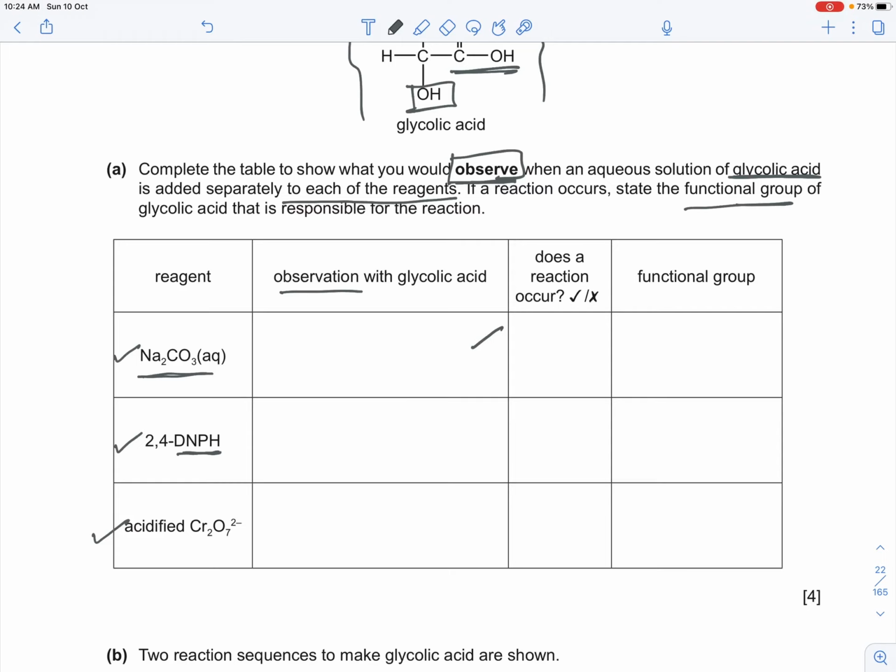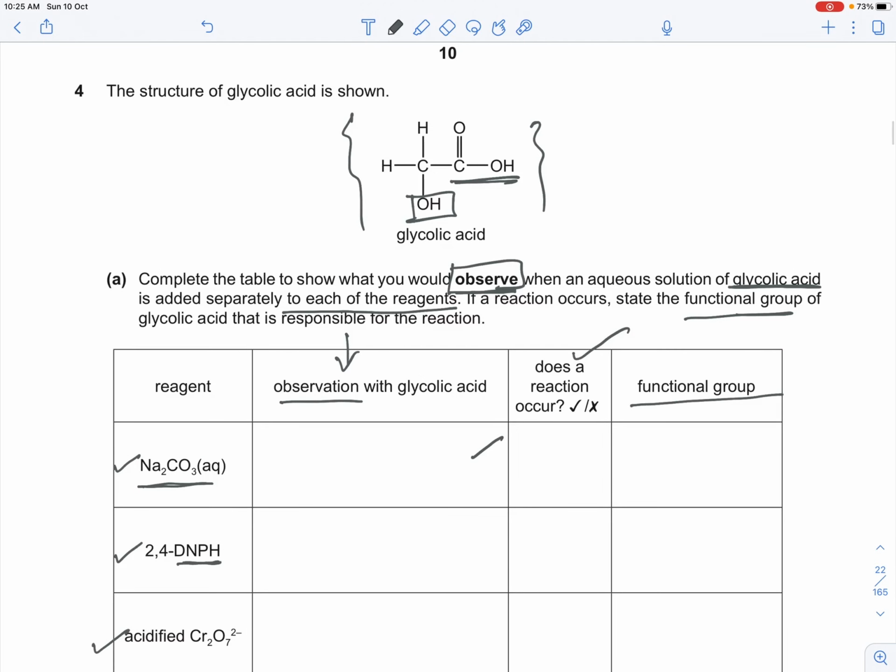Obviously if we observe something, that means a reaction is happening. If we write some observation in the first column, then we have to tell whether the reaction is happening or not and which functional group is responsible for that reaction, because we have in total two functional groups present here, a carboxylic acid and a hydroxy group. So sodium